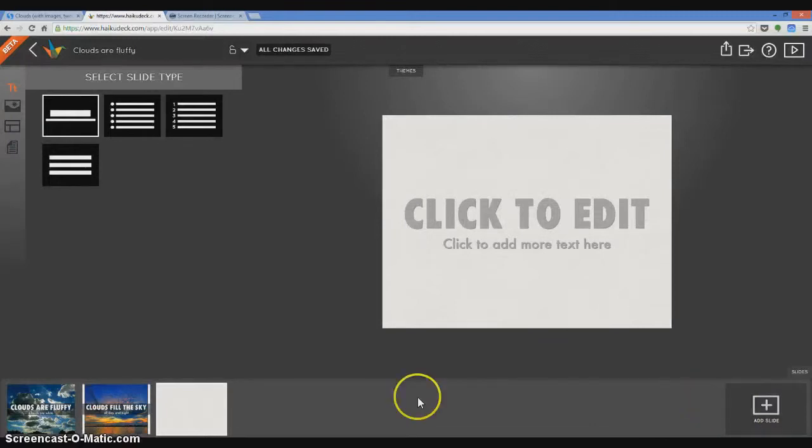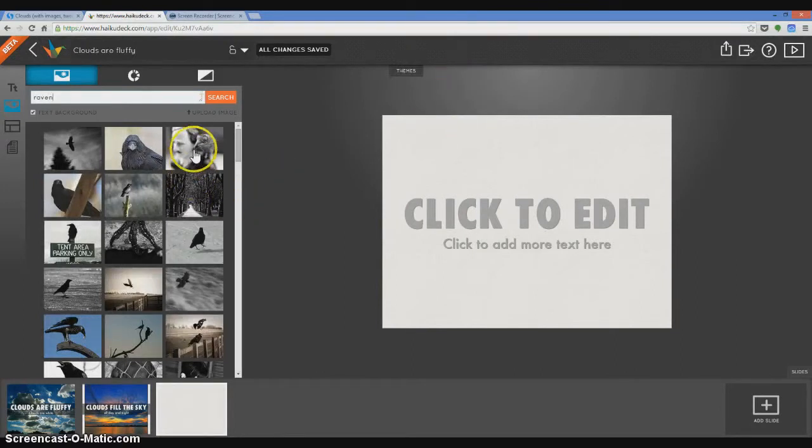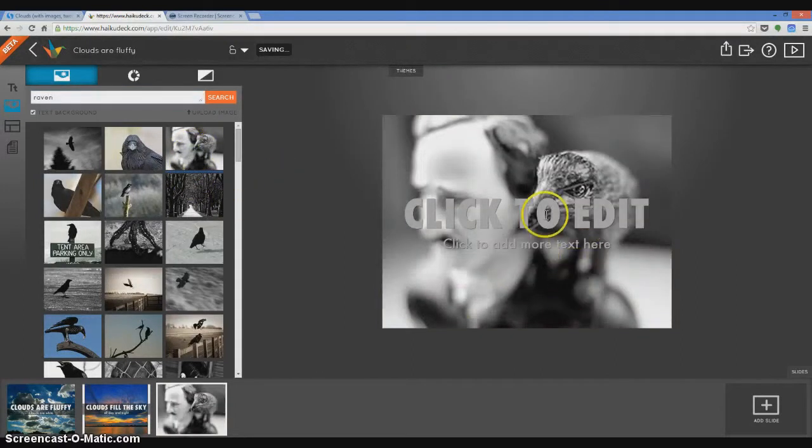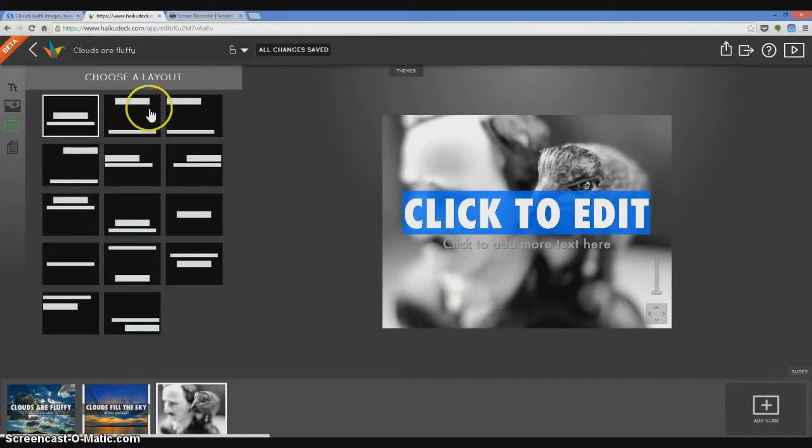Another thing I like haiku deck for is 2-sentence stories. I love 2-sentence stories. When you tell an entire story in 2 sentences, usually it's kind of creepy. Something about I reached for the light switch, but a hand was already there. So they're kind of Edgar Allan Poe-ish. So, ooh, that's very Edgar Allan Poe-ish. Double click. I don't want the text there in the middle of his face. So I'm going to come over here and I'm going to click on the layout icon. And I'm going to move